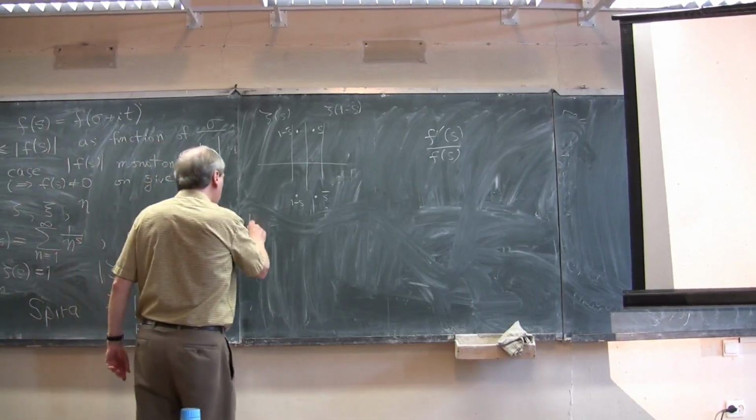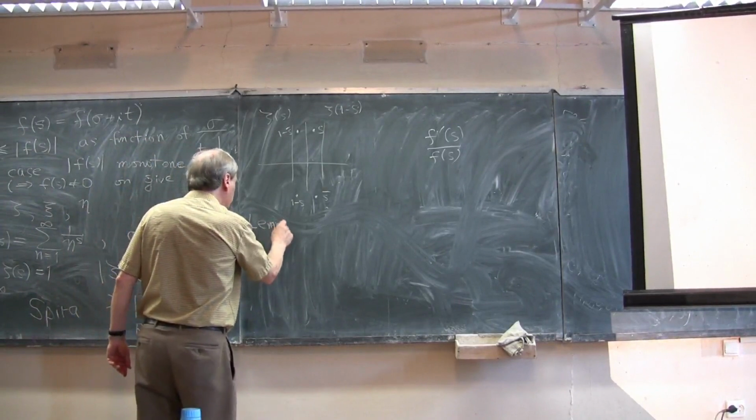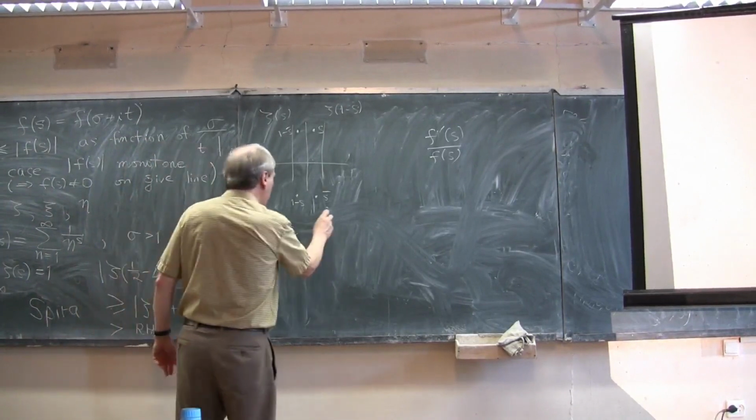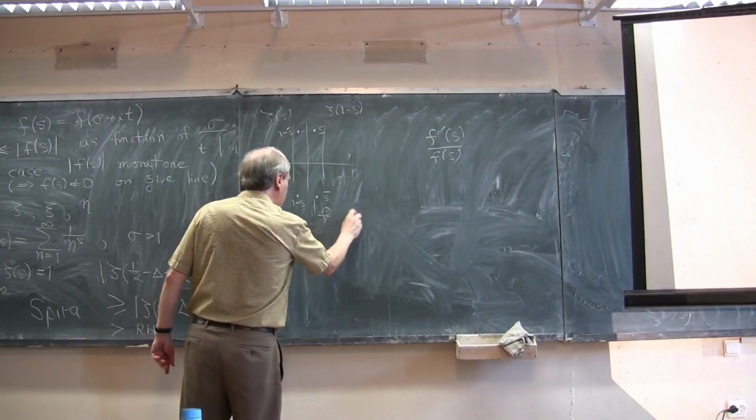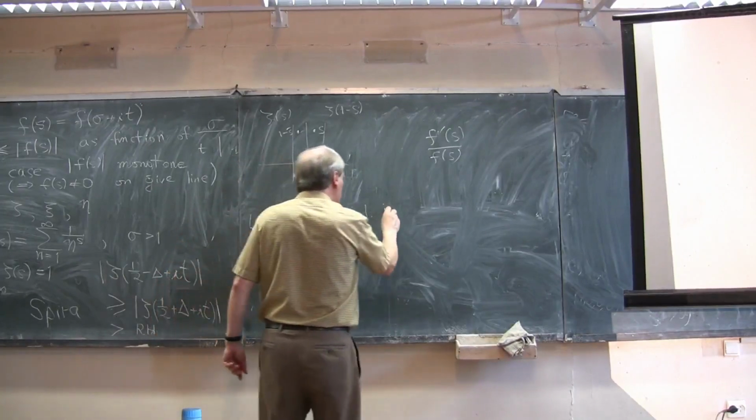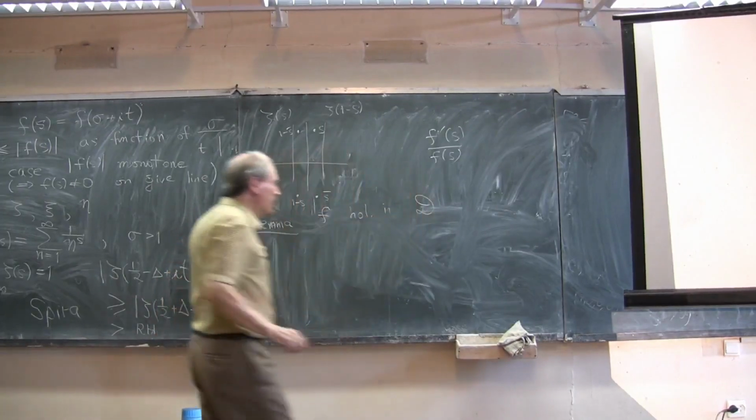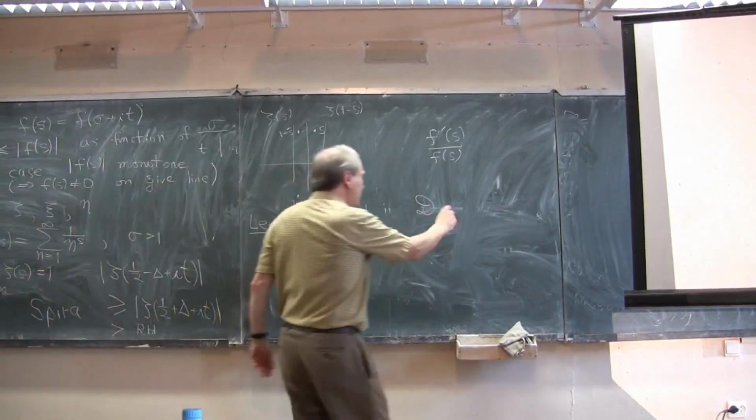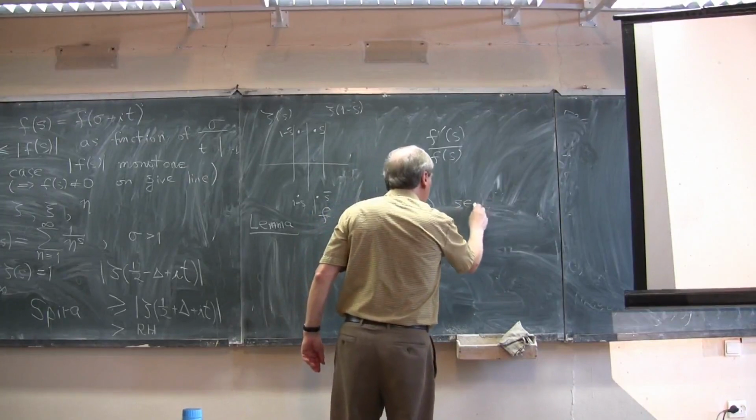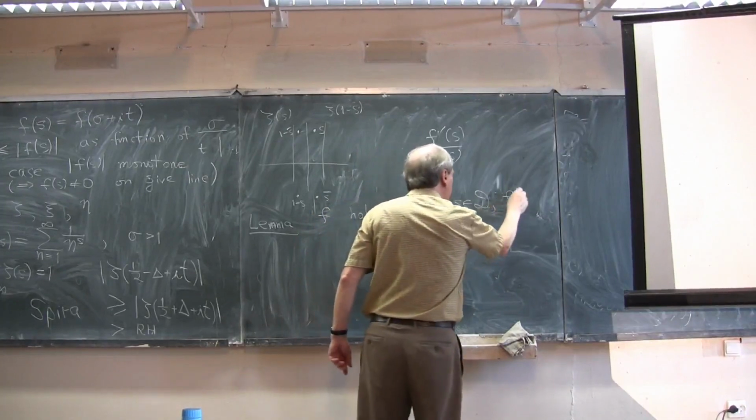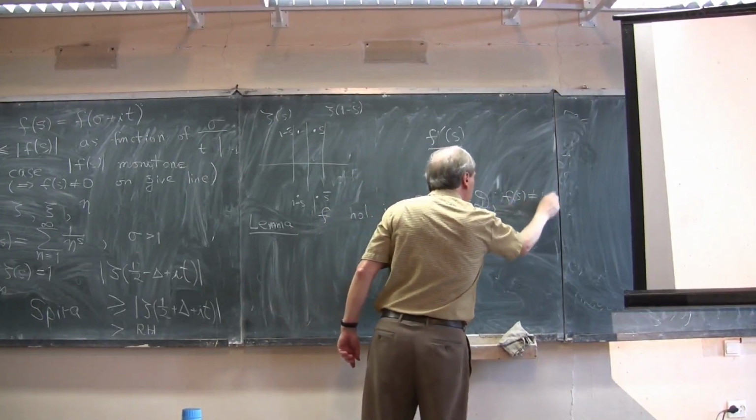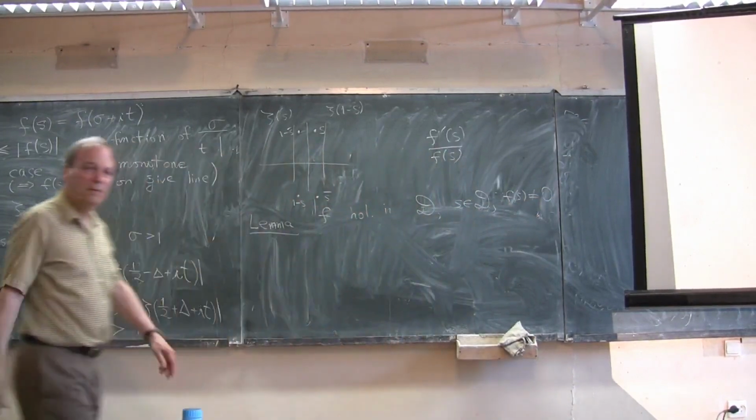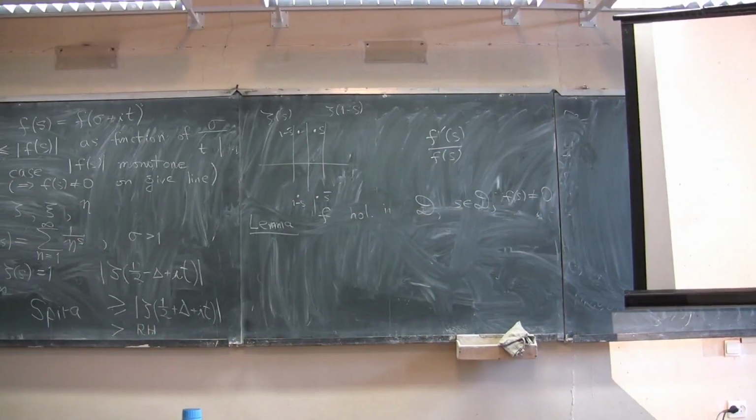So the lemma says the following. First of all, we have f holomorphic in a subdomain D. D will be an open domain. And I have a point s in D. And I'll also assume that f of s is not equal to 0. Then